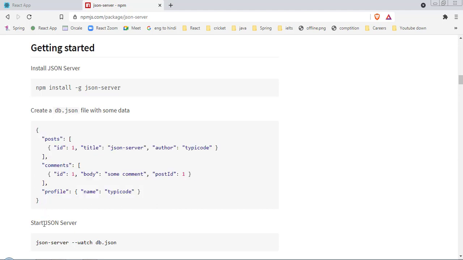And after that we have to execute another command that is called json-server --watch db.json. Once we do this, our server will start running. So JSON server has made our work very easy, meaning very easily we can create a fake API.